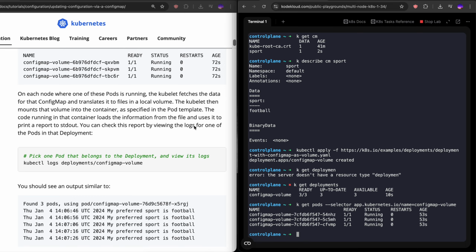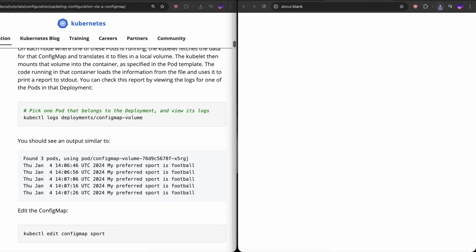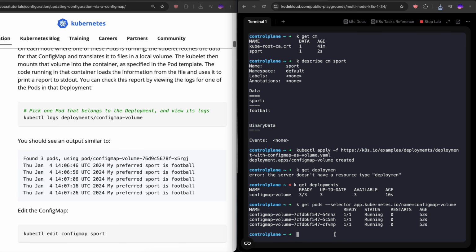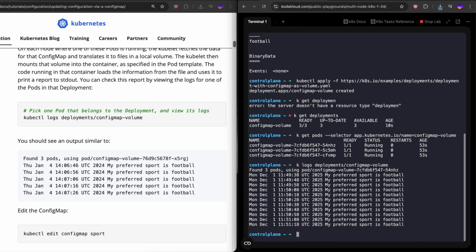You can check the report by viewing the logs in the pod of the deployments. Let's click again on that link. Basically, we want to get the logs. So logs deployment config map volumes. So here we have the logs, and